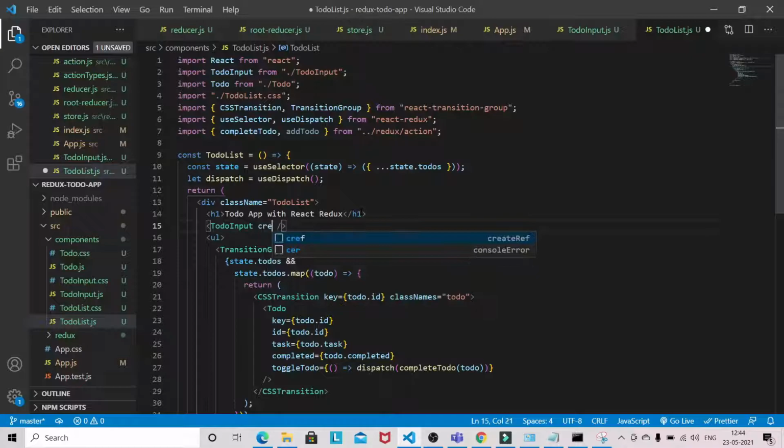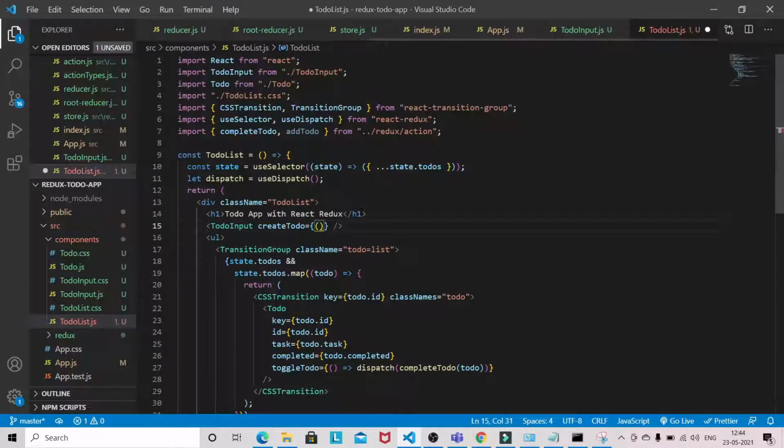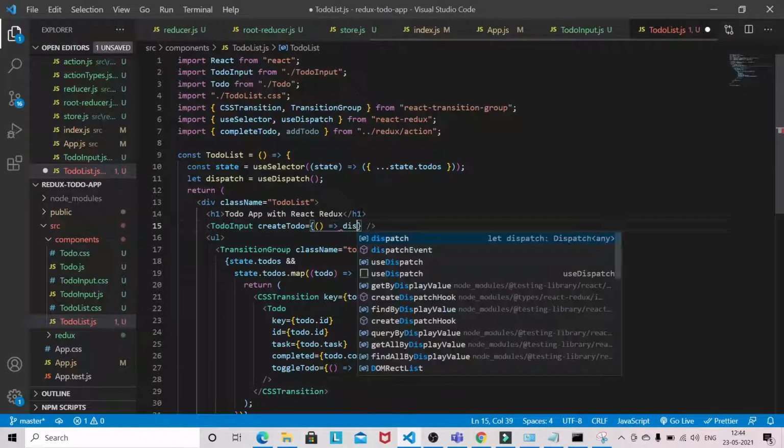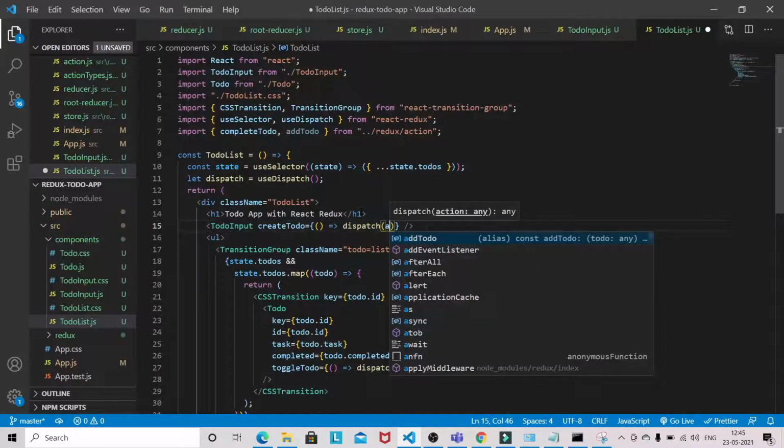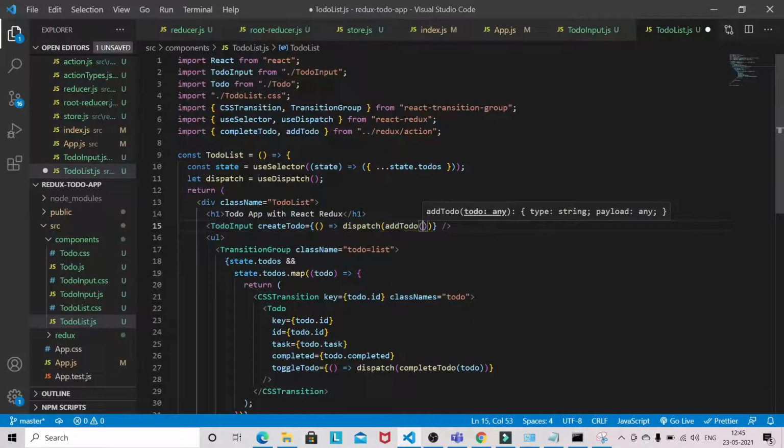Just mark it create to-do, and this will dispatch the new to-do.